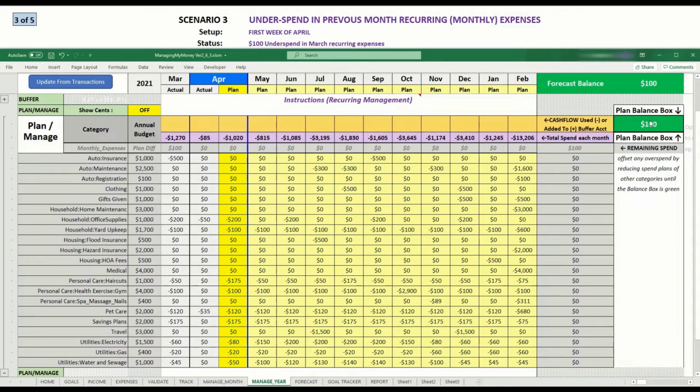Or, as an example, I can say maybe I want to use it for my travel expenses, right? So I have $1,500 in July and $1,500 in December. Maybe I say, okay, I'm going to take that and roll it into my travel expenses and give myself an extra $100 in December. So in that case, for example, let me go ahead and put in $1,600 here, and